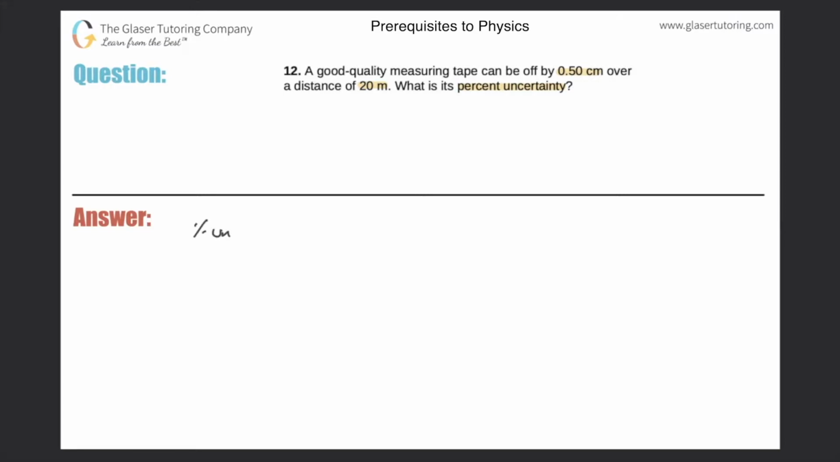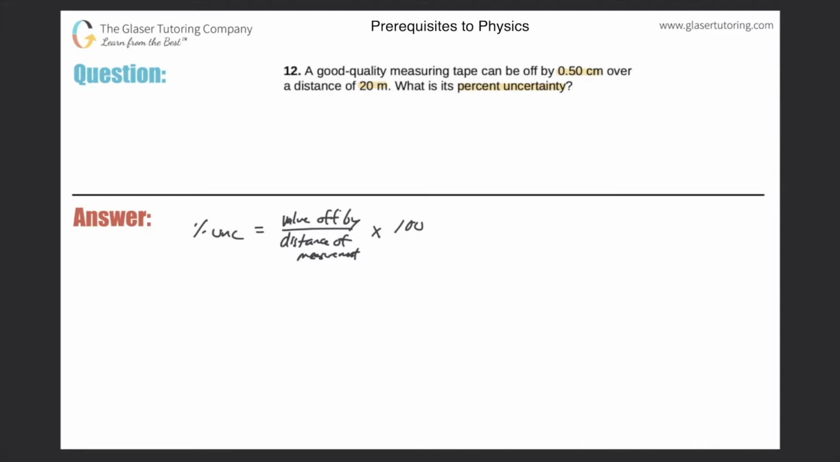So percent uncertainty, I'm just going to call it UNC for uncertainty. Percent uncertainty is equal to the value that it's off by, I'll just write off by, divided by the distance of the measurement multiplied by 100. Okay? So that's a fairly, you're not going to see this, by the way, this formula written